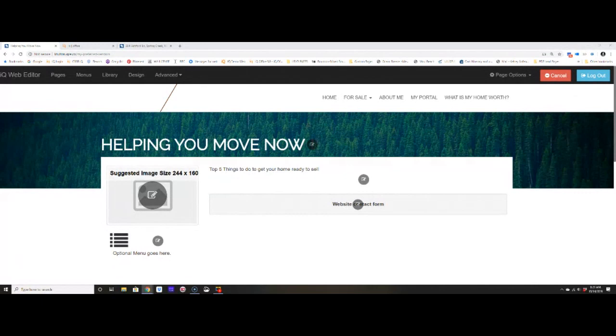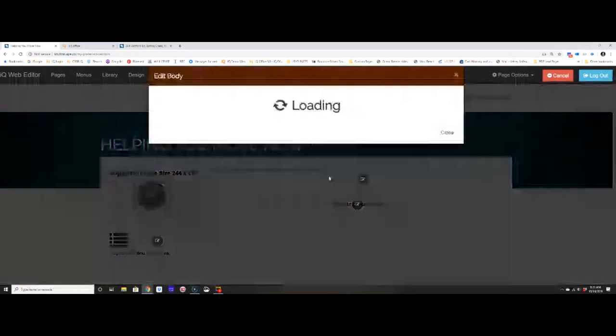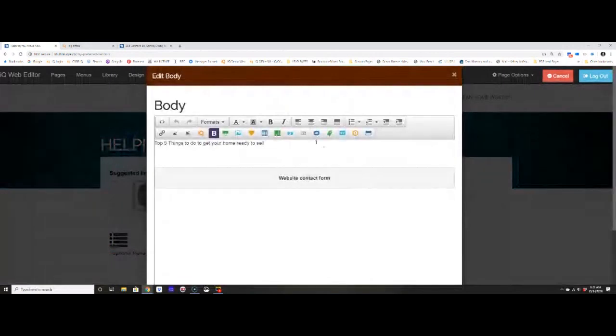Cool. So I do want to just touch on a couple things. After you get your page all set and ready to go, you can attach it to a menu. The other thing you can do on a form is, let's say, this is the top 5 things to do to get your home ready to sell, and you manually have typed out this list. 1, 2, 3, 4, 5. Okay, you've made that list so people can read it. You also can insert a hyperlink to a document. So if you want to say, want to download this list,